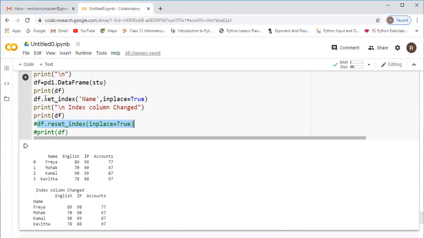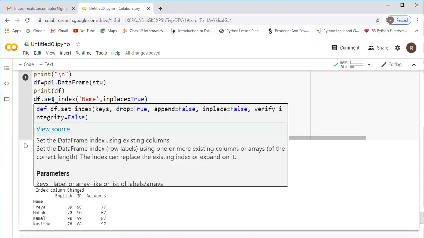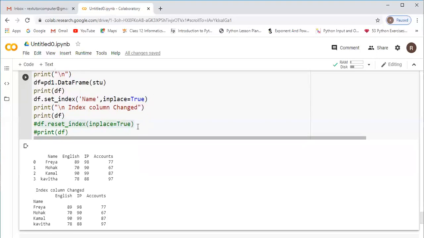For that, we used set_index to create the index, and now we want to take it back to the normal way, so we are using reset_index. Here, instead of the name, we are undoing it.